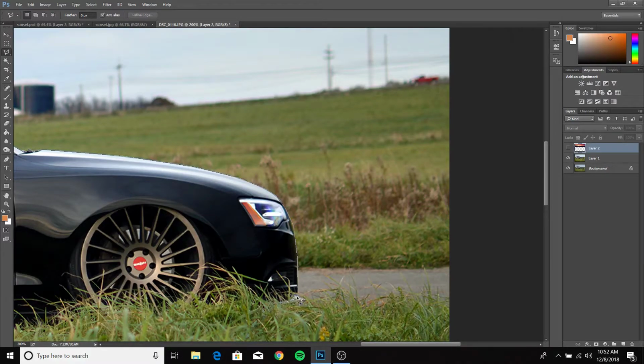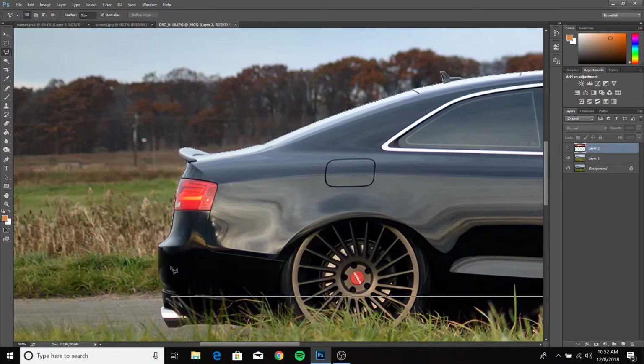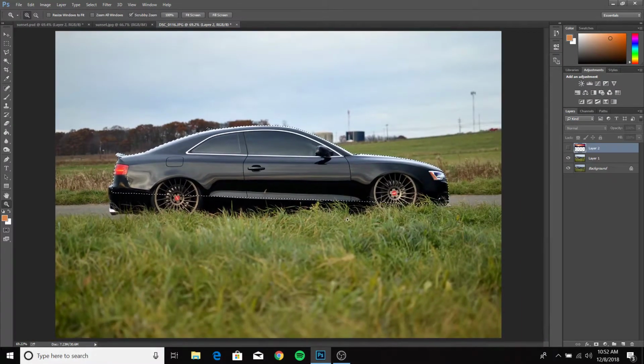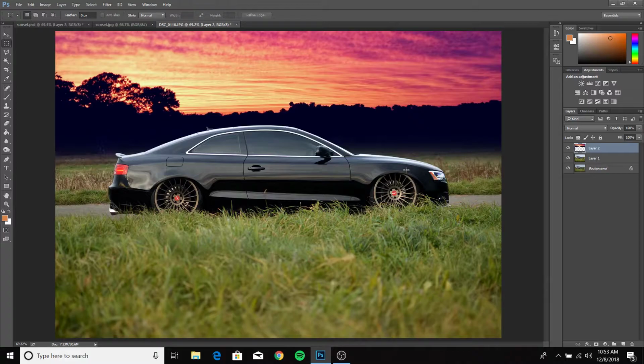And then because I positioned the sunset in a position that it was pretty high up in the photo, I only need to basically do this selection of my car because it was mainly around here where the overlap was occurring, and then just go ahead and zoom out. And then you're going to go ahead and unhide your sunset layer or whatever your background may be, and simply hit delete. And it's going to go ahead and basically delete everything that is in that selection, in this case our foreground object. Alright, so at this point we now have our background placed,